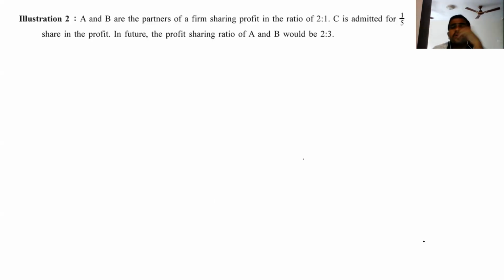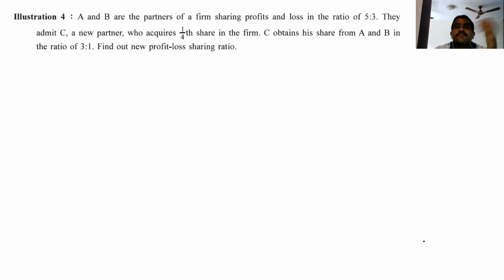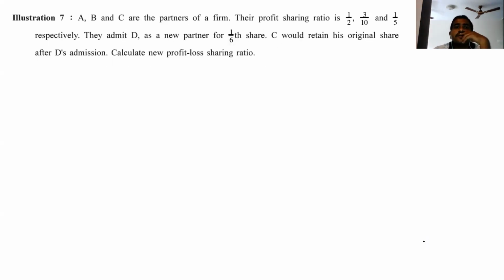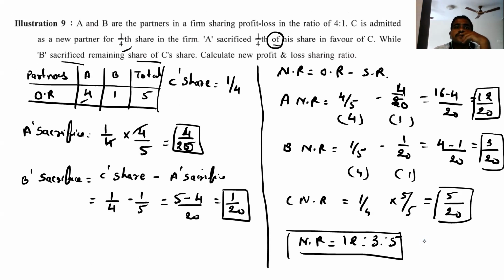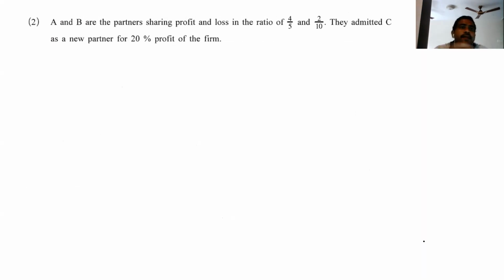Second is also about the same. C is admitted in the future. This sum is a little bit different. Future one, you know that. After that we have to multiply and all. I'm seeing the percentage type sum. It is not given to you. Okay, no problem. So this is the question.